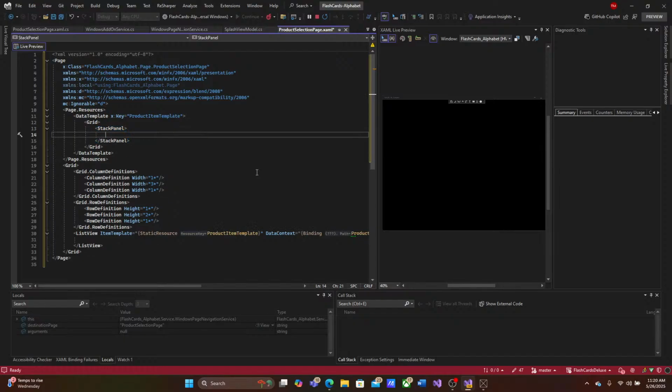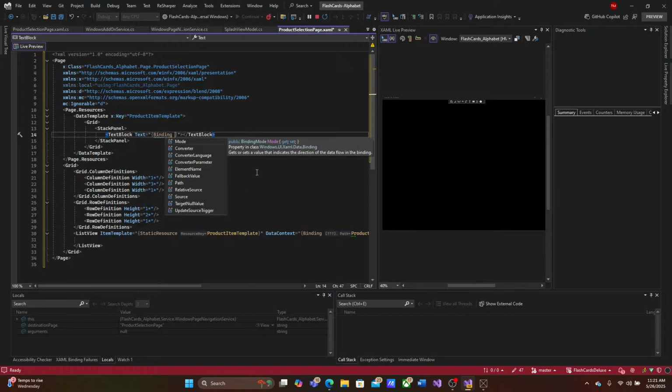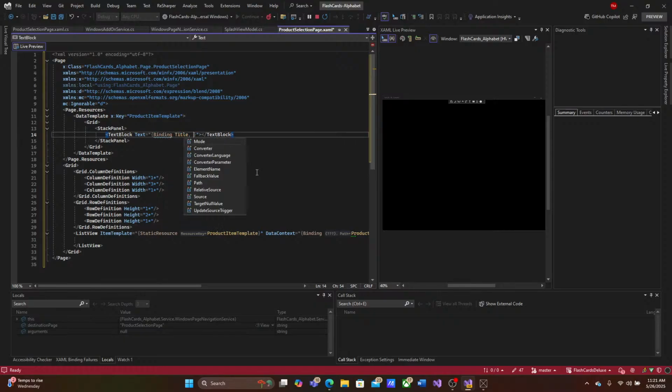And then a text block, text, binding, title, mode, one way,